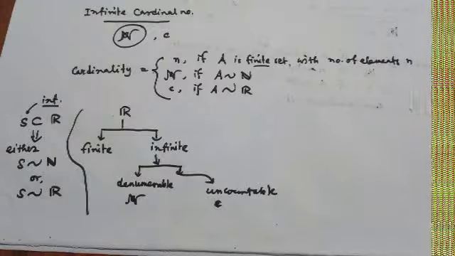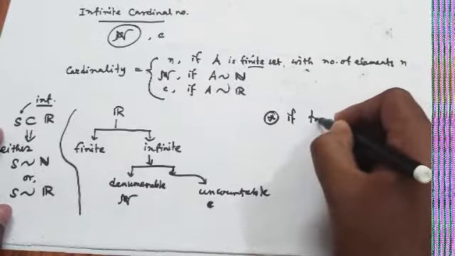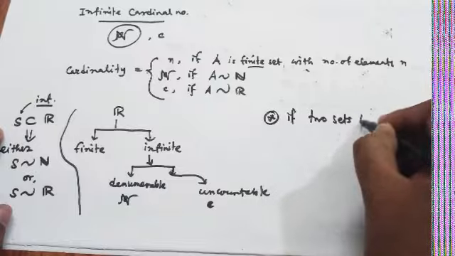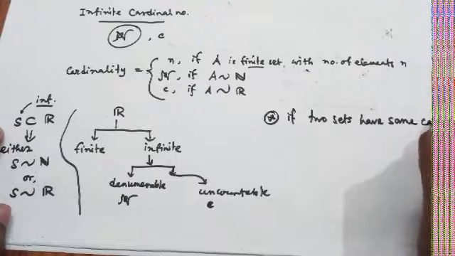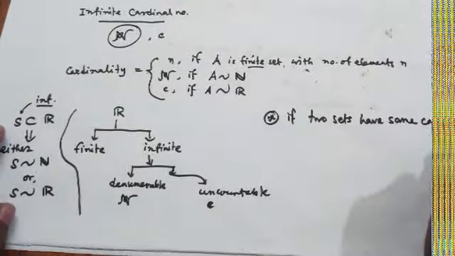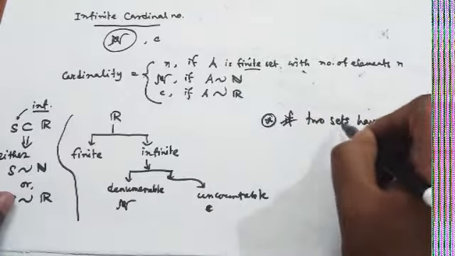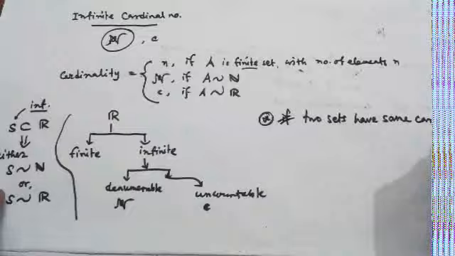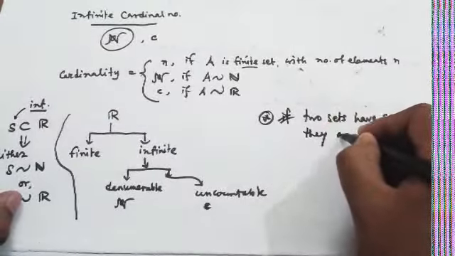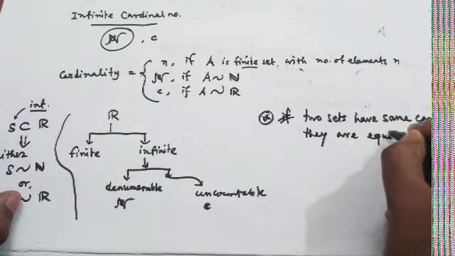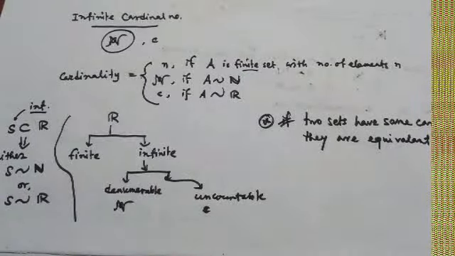Take this as your note: two sets have the same cardinality if and only if they are equivalent. Okay,